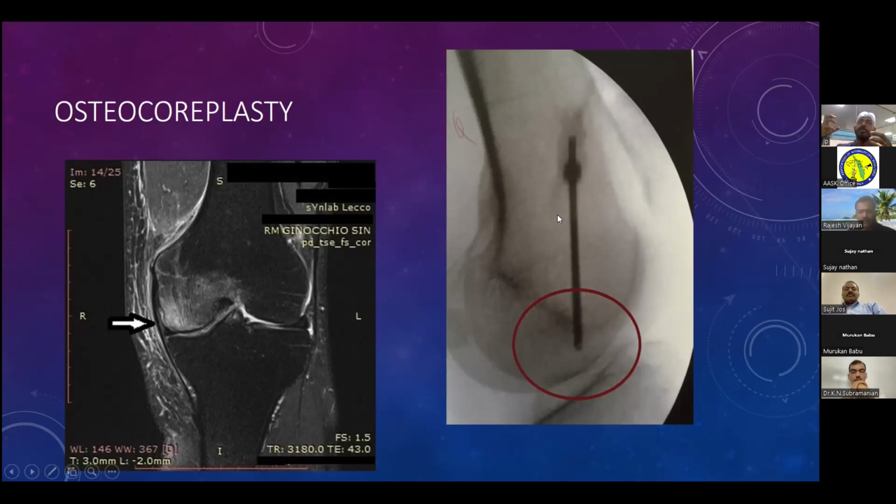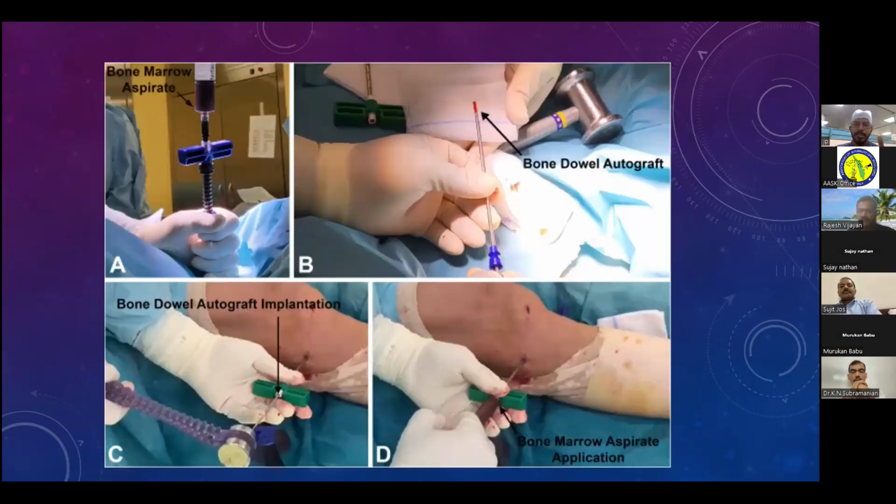From there you can take bone marrow, aspirate and condense it, and you can take bone plugs also, and under CM guidance you inject it directly into the subchondral bone. That is called osteochondroplasty. It's a newer treatment for subchondral bone edema, which can cause persistent pain. These are pictures of that. The bone marrow aspirate and bone dowel autograft are taken and injected into that place under